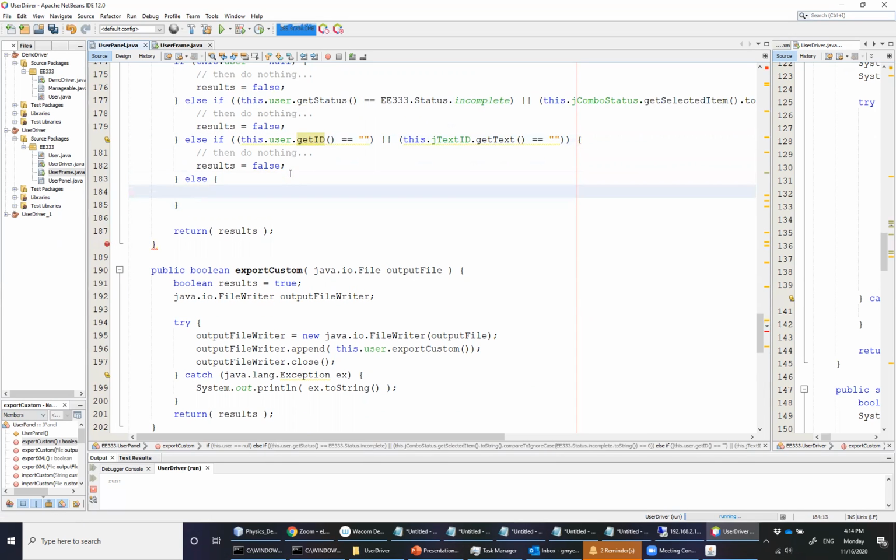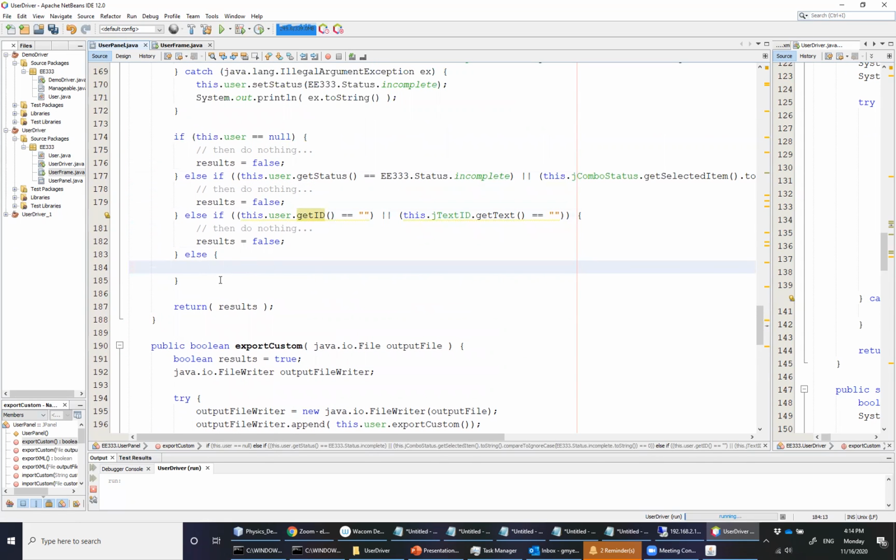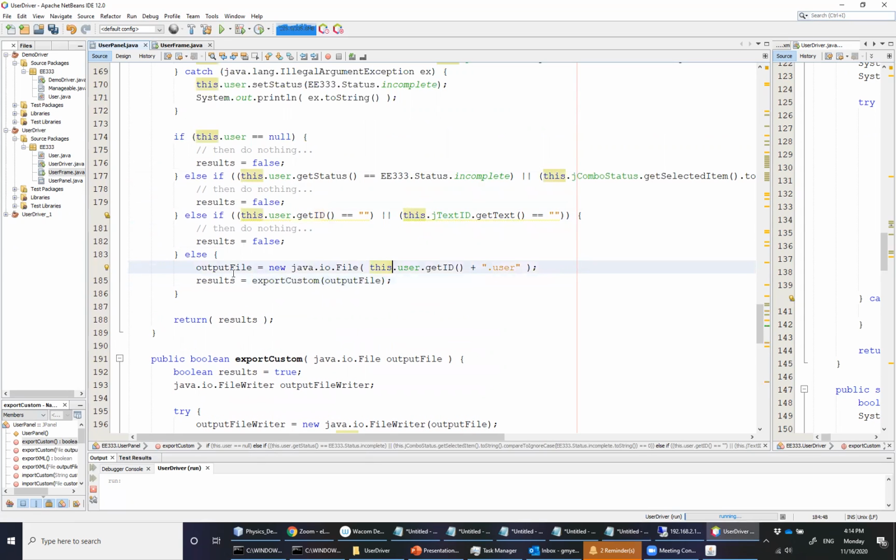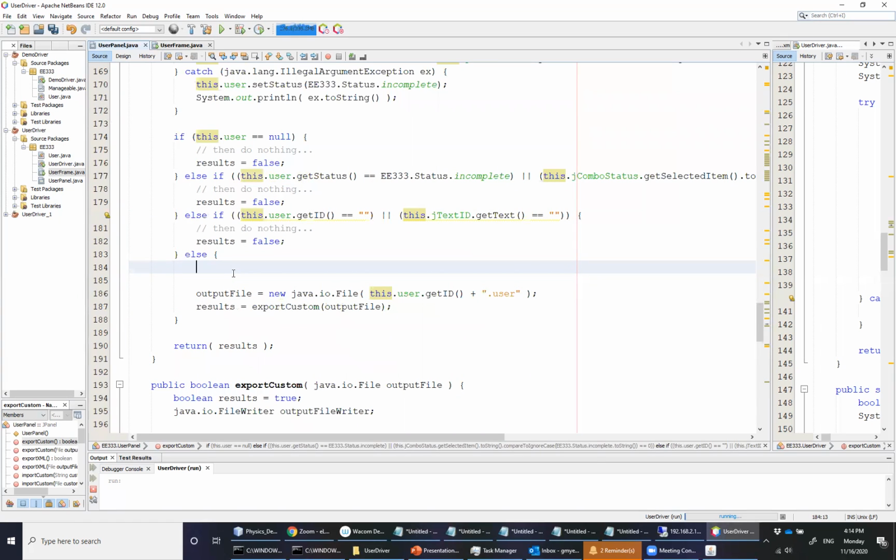But if all of those conditions have been avoided, in other words, if we've managed to make it all the way to the else, what we want to do is create a new file based on the ID from the user, which means the only thing that we technically need to do is make sure that the user ID of the underlying object is not equal to an empty string. Well, that presents an interesting problem, because if we look at the way we have this worded, if the underlying ID is equal to an empty string, or